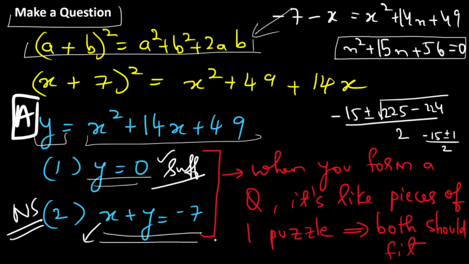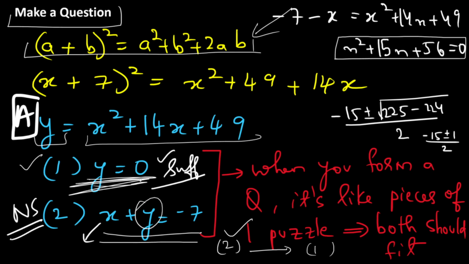When you form a question, remember in the GMAT, you will always find that if statement 2 is correct, then it cannot imply that statement 1 is wrong. All right. So the opposite is also true. If statement 1 is true, then you cannot have a case where statement 2 becomes true when y is not 0. Because in statement 1, it is mentioned that y is equal to 0. So again, let me summarize. The two statements in the data sufficiency question are pieces of one puzzle. So they will match with each other. So keep that in mind.